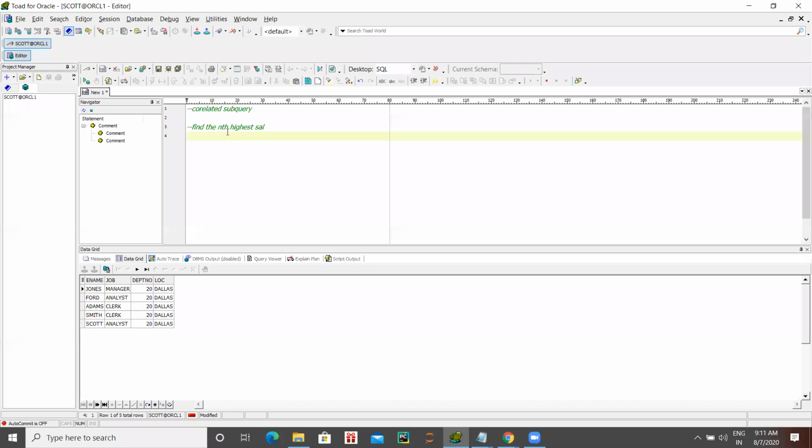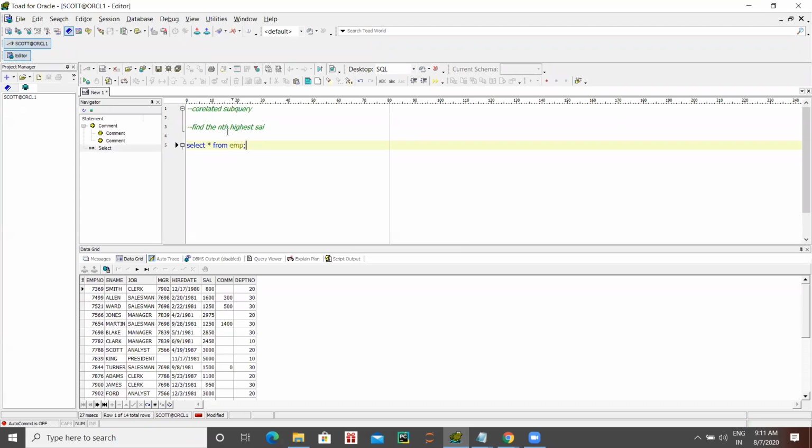So now just do select star from EMP. Now do order by salary descending.